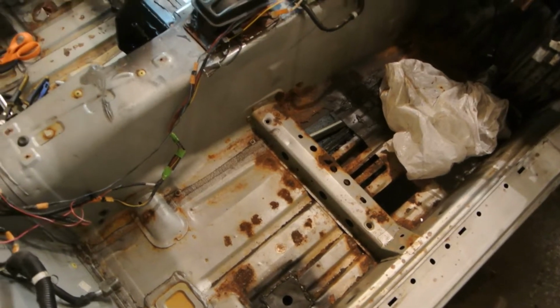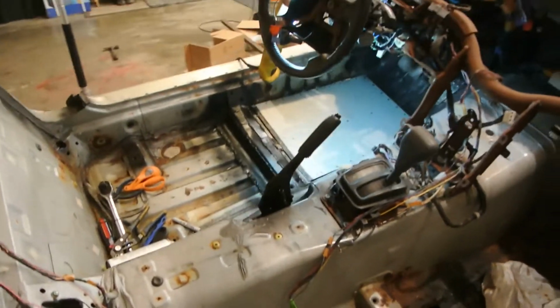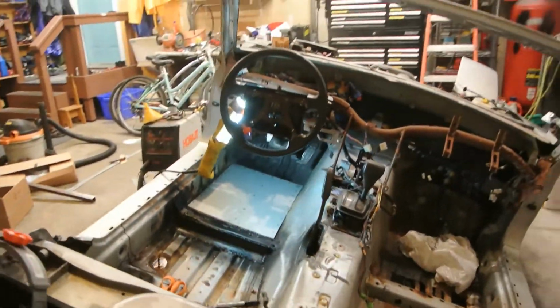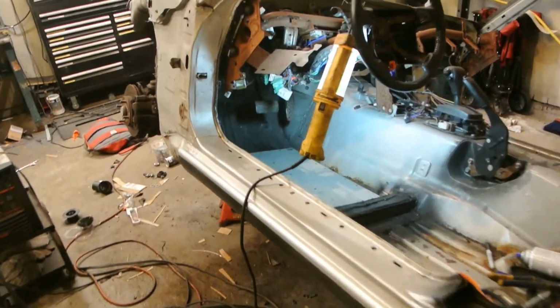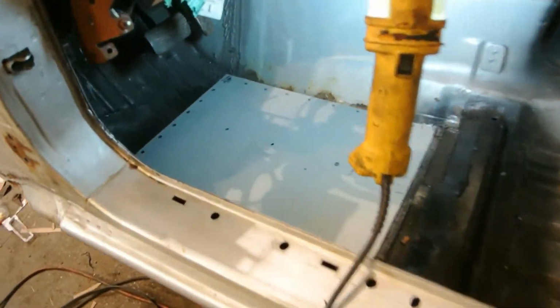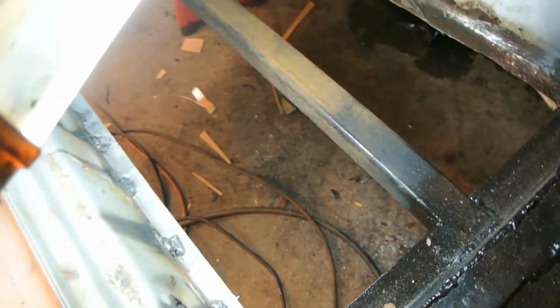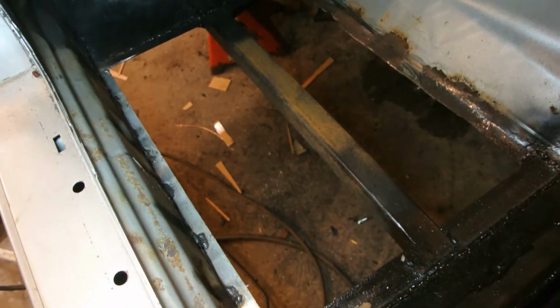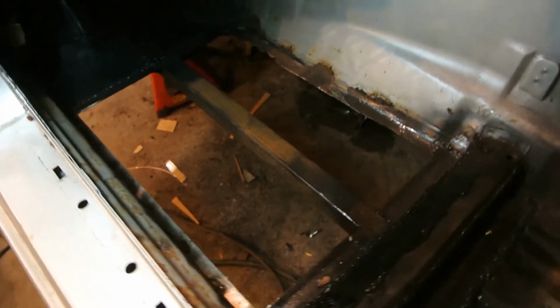Before I was interrupted, as I was saying earlier, I'm working my way around, doing things piece by piece until I slowly get it done, which is where I am with the driver's side, almost ready to get the floor pan installed. But as it sits now, I have all the bracing, all the reinforcement, and all the structural metal that I needed to add in place